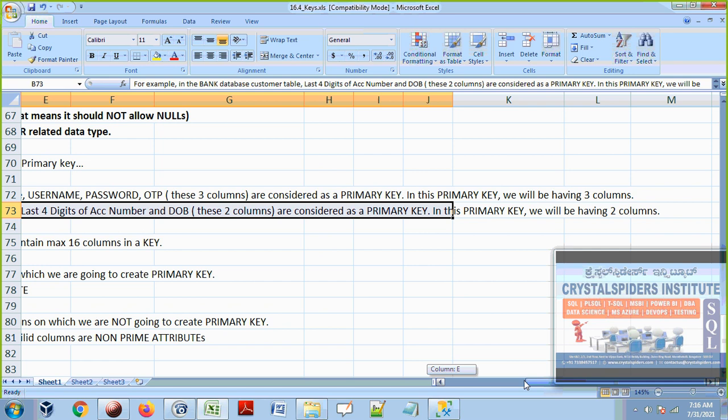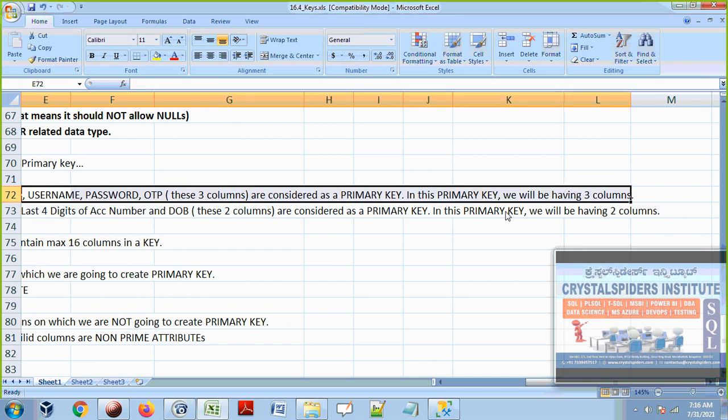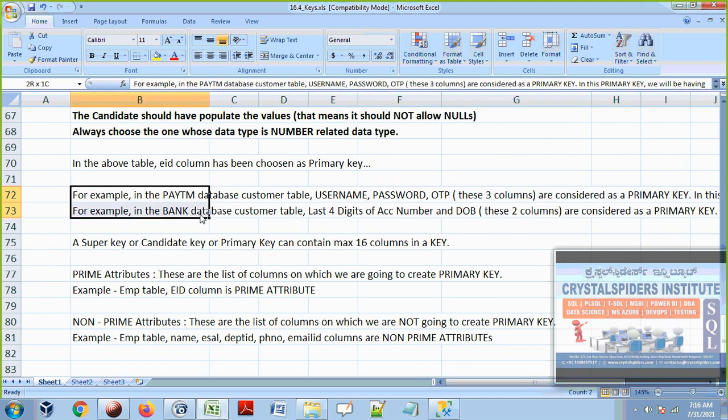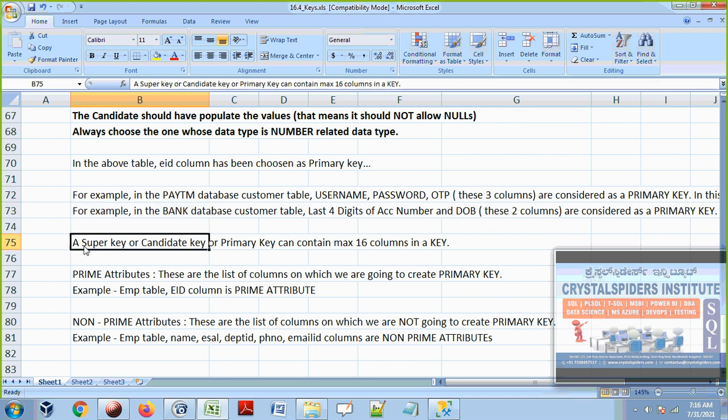So now this is what, guys, see that in this primary key we have 2 columns, and in this above primary key we will be having 3 columns. Okay. So now here this is just for example, guys, for our understanding purpose. A primary key can contain 1 or more than 1 column also. Okay. So it depends on the nature of the table. We can see that sometimes a primary key can have more than 1 column also.